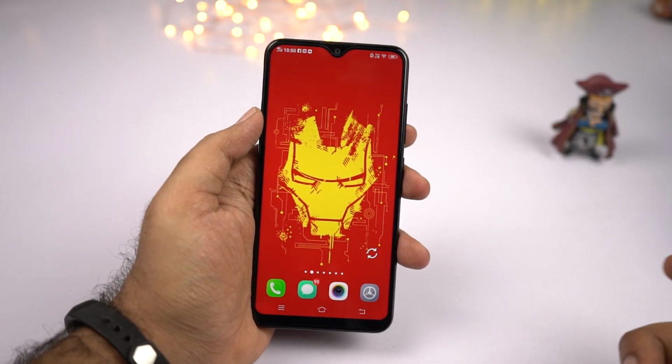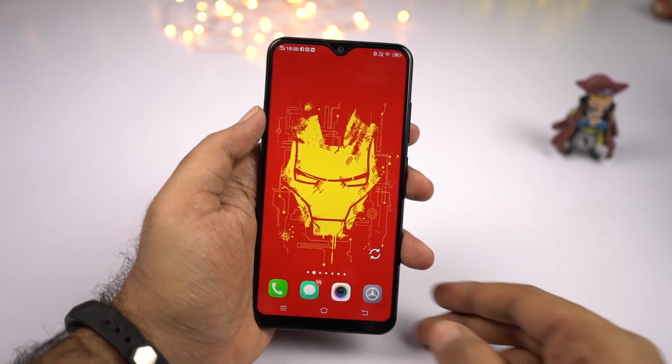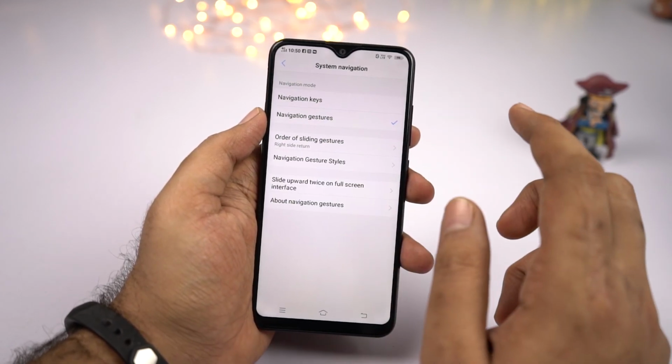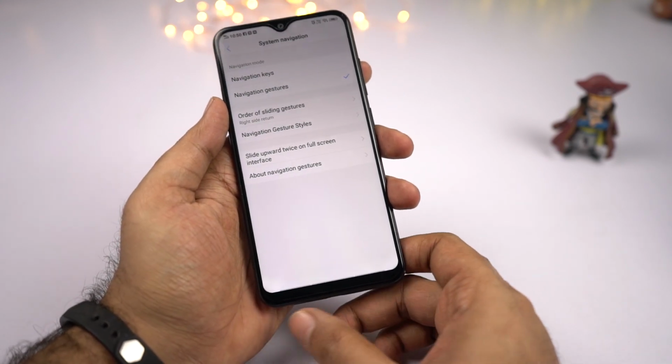Next, I'll show you how to use navigation gestures on this phone, very similar to iPhone 10. So to do that, go to settings and once you're here, select system navigation, then select navigation gestures. Now once you do that, you can see that the navigation bar is gone and now you have a simple